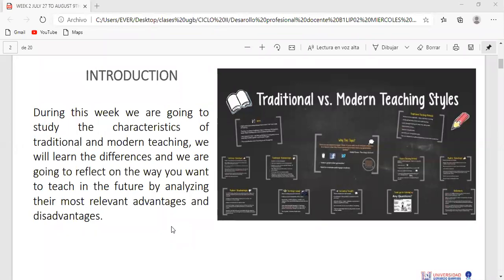I'm not here to tell you how you're going to teach. I'm just here to show you, right? Two different opinions, two different points of view. And then at the end, you're going to create your own conclusions, okay? I can tell you whatever, but at the end, you are the one that is going to decide how to use the information, all right? That's going to be your job.